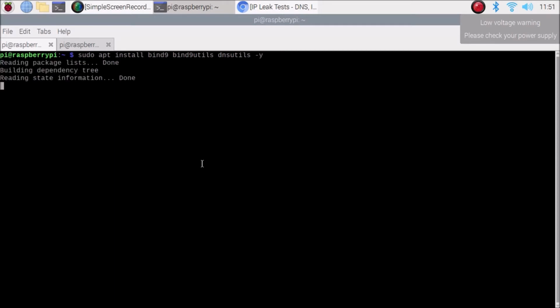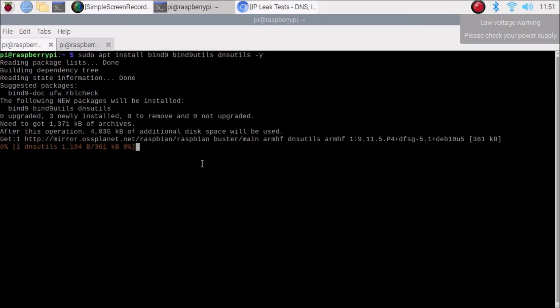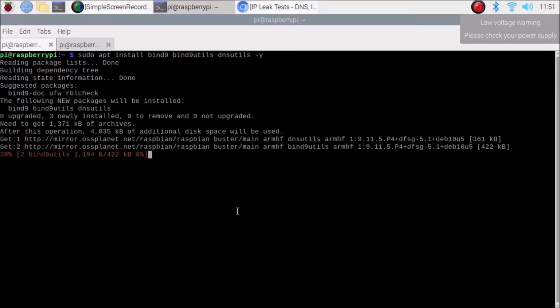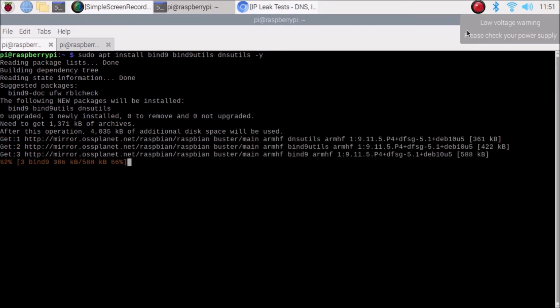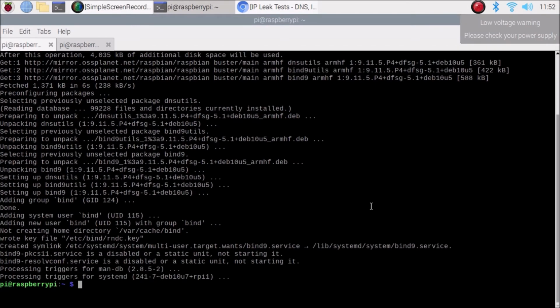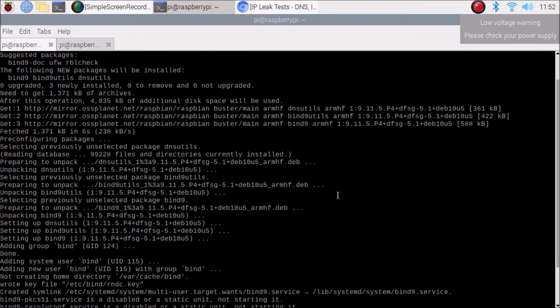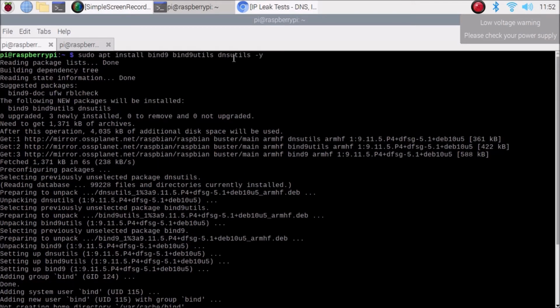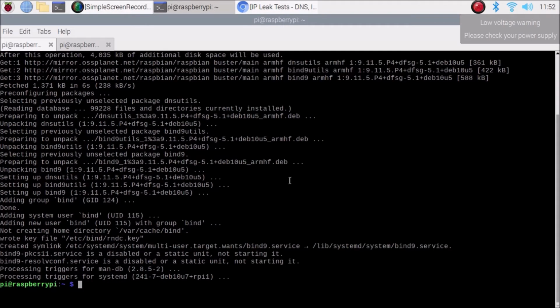It will install bind9, bind9utils and dnsutils inside our Raspberry Pi 4. As you can see, it's installing. So friends, as you can see, we have successfully installed our packages. These packages we need to install for configuring the DNS server.